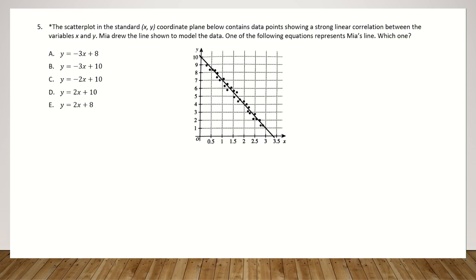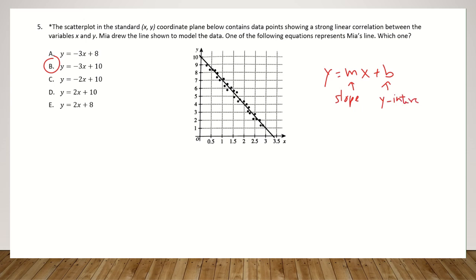And that is 1 minute. And the correct answer is B. Okay, so let's take a look at this. What you have in your answer choices are 5 linear equations, and they're in y equals mx plus b form. So that means you have m, or the slope, and you have b, which is the y-intercept. So if we look at this line and figure out the slope and the y-intercept, we'll be able to tell